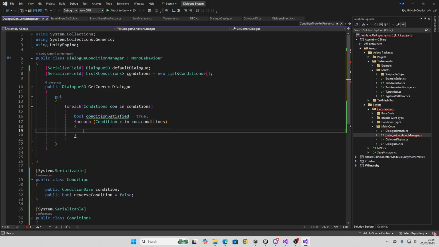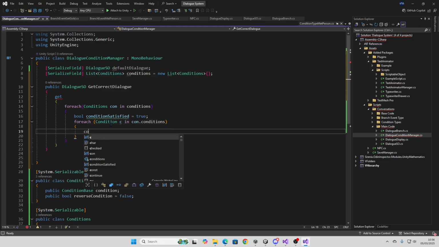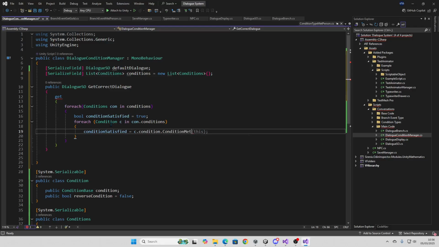So for each of those, condition met C dot. Okay, so we're checking to see if the condition's met. I'm sending in the reversal from that condition. So here, reverse condition. And condition satisfied is going to be equal to that. If it's true, then that's good. Condition satisfied remains as true. If it's false, however,